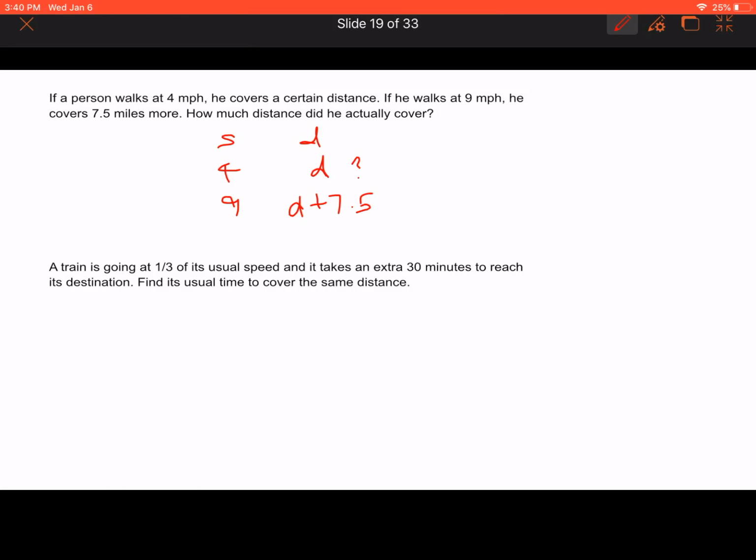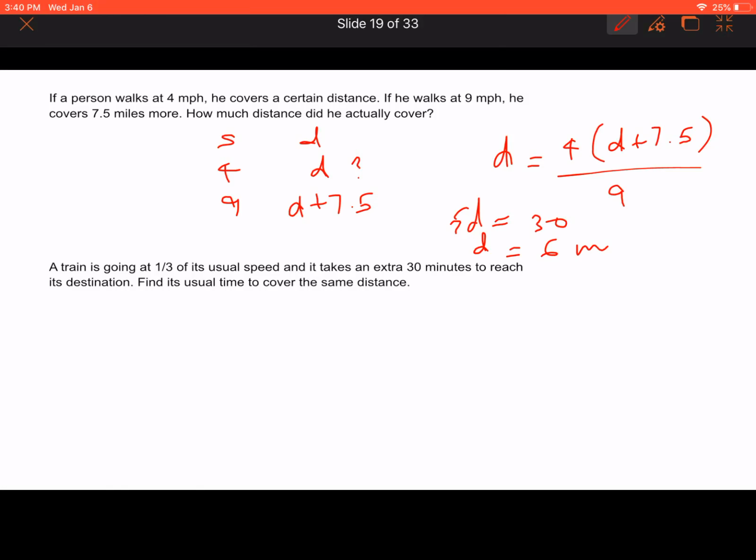when he is moving at 4 miles per hour. So d equals 4 times (d plus 7.5) by 9, right? So this is a simple form of problem which we do normally. So the value is 5d is equal to 30 and d equals 6 miles. Okay,